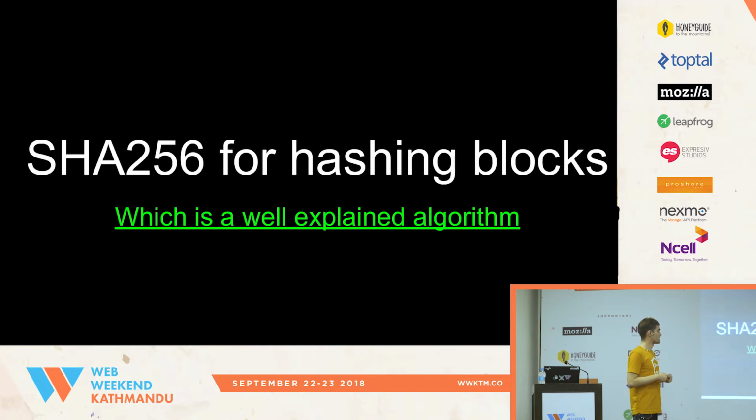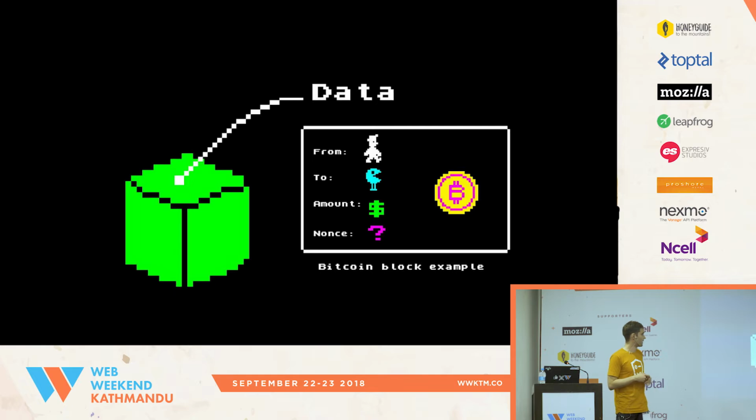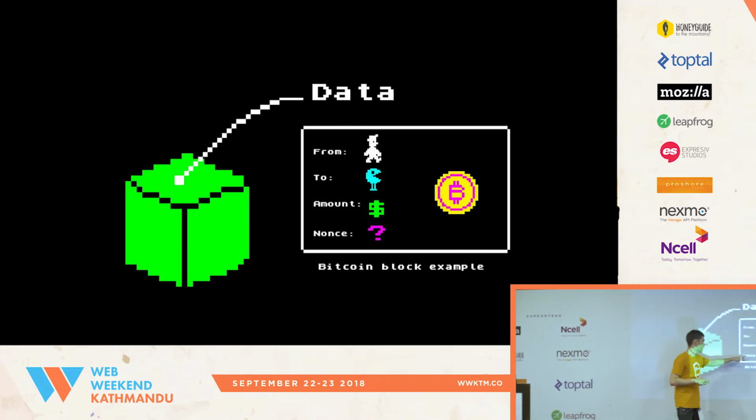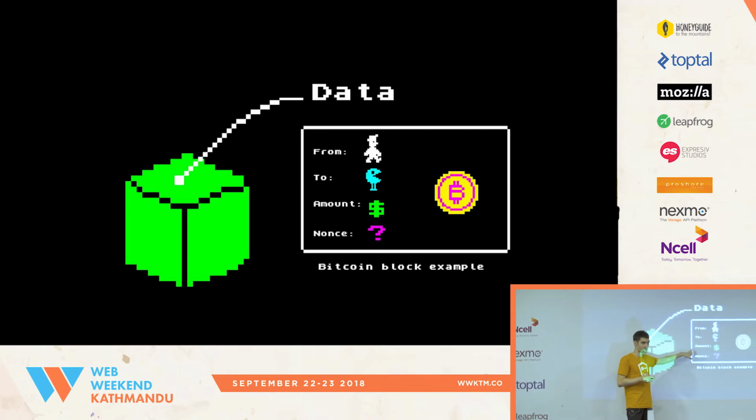Right, and they use SHA 256 for hashing. It's a well explained and quite transparent algorithm. You can find it on Wikipedia. And the way you iterate through hashes, the way you try to find the right hash, is you change the nonce. So nonce is a number you put into the hash. There is a field, like a custom field, let's say, in the block, which you can set.